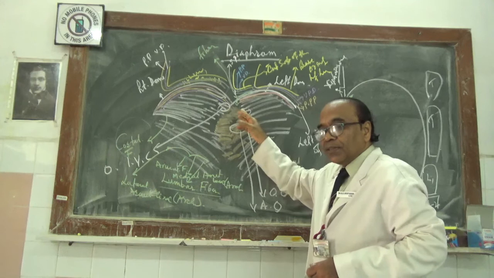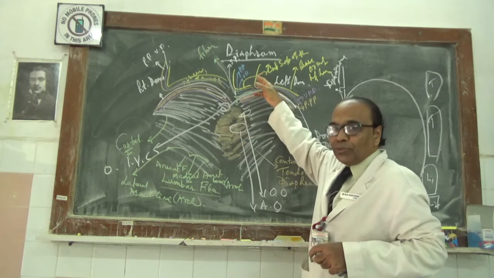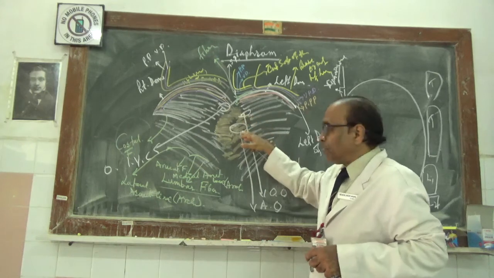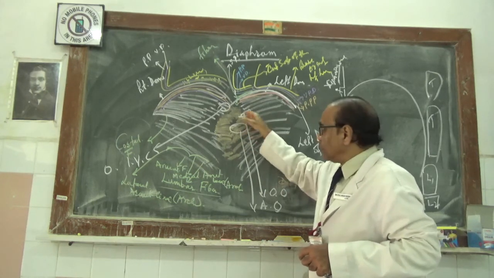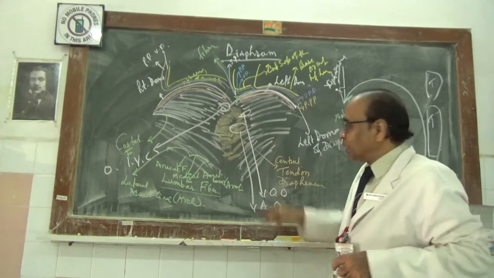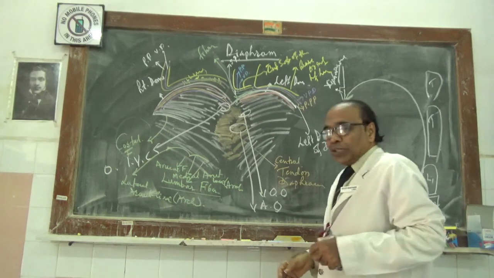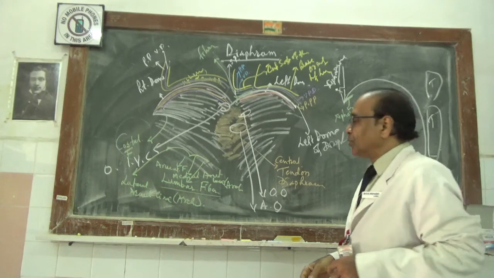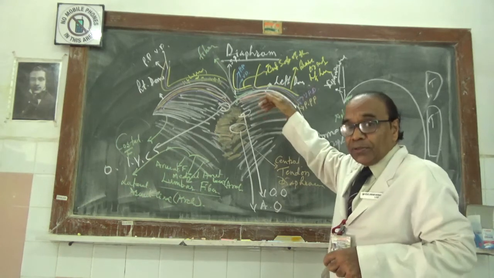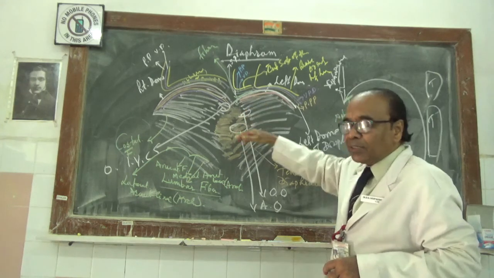Then the left gastric artery goes from the abdomen into the thorax. After supplying the stomach, one esophageal branch leaves the abdomen and goes into the thoracic part to supply it, with further anastomosis. Then the esophageal vein, which supplies the lower part of the thoracic esophagus, leaves the thorax and enters into this.